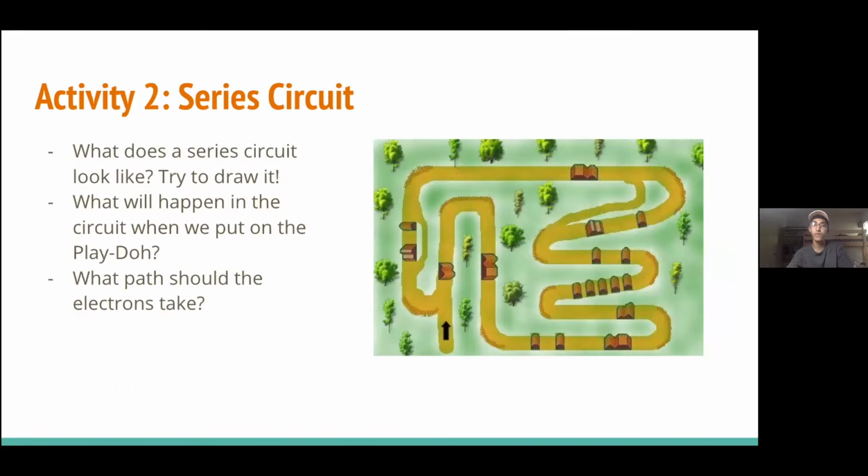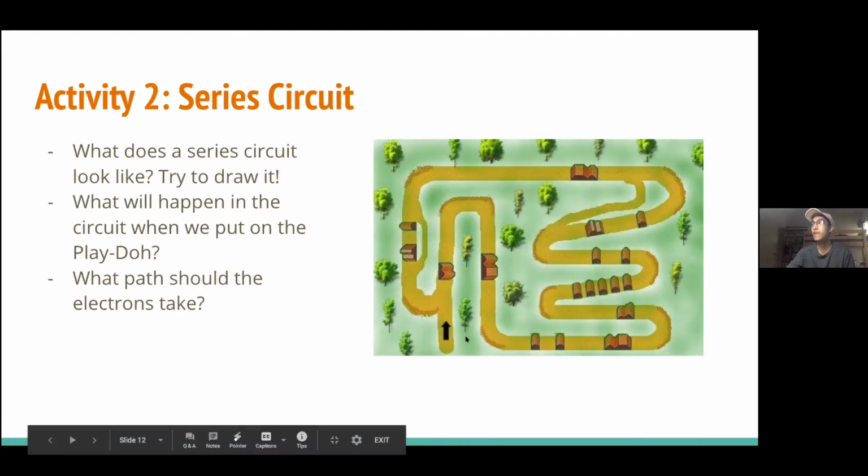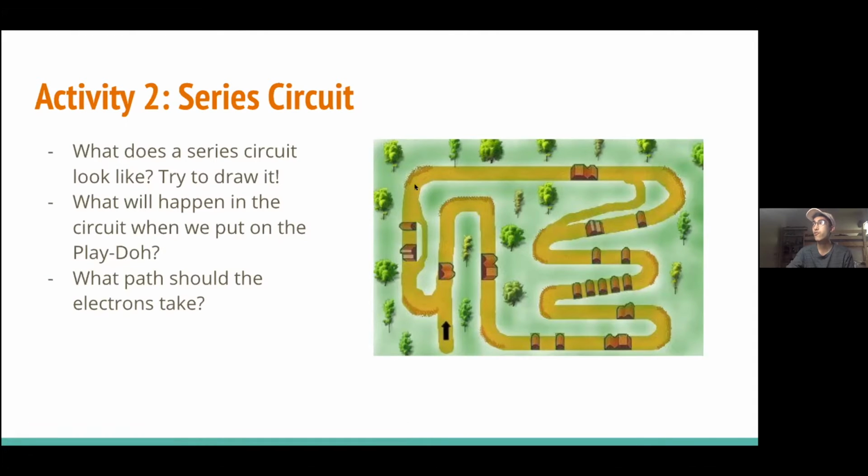Okay, cool. So we talked a little bit about the different kinds of circuits, and now we're going to delve into the specifics. What is a series circuit and what does it look like? A series circuit, like we talked about, is like a road that only has one way to go. In this picture, the electricity will go through all these houses, make the full loop all the way around and come back. But one thing you might have noticed is that there are areas in this circuit where it can go around